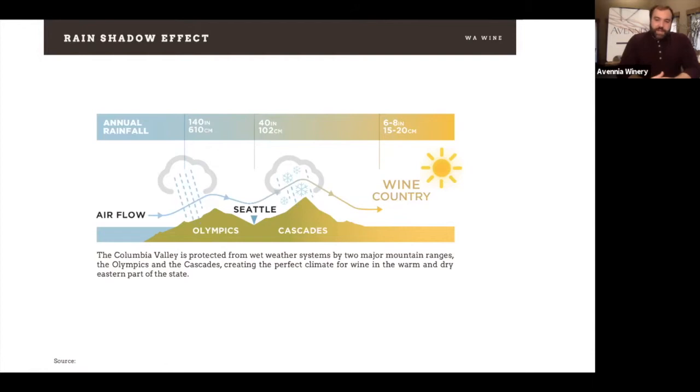But then most of that condenses into snow and rain in the Cascades, so that by the time you get into Yakima Valley, we're talking 6 to 8 inches of rain a year. And so because of that, we are also more interested in irrigation. So if you think back to last week, we've needed irrigation in Eastern Washington in order to make agriculture possible